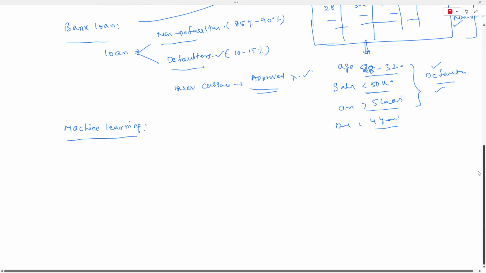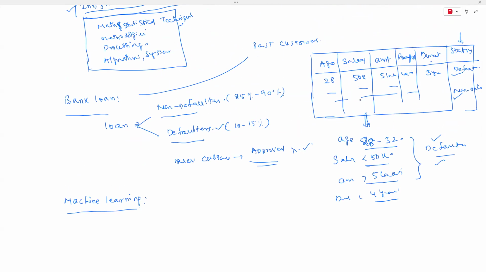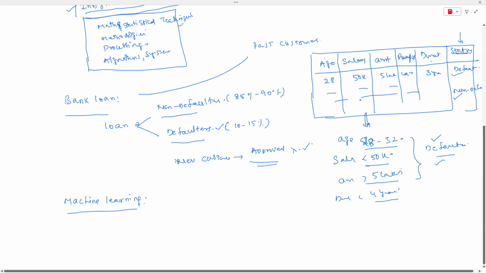Machine learning is one of the major important concepts we have to learn as part of the data science course. Whatever insights we get are obtained with the help of the machine. That means we are not doing all this manually, guys. Why are we unable to do it manually? Because the data size is very large, and there are a lot of data dependencies. Here I have given very few dependencies. I am expecting that the customer's loan status will depend on his age, salary, amount, purpose, and duration.